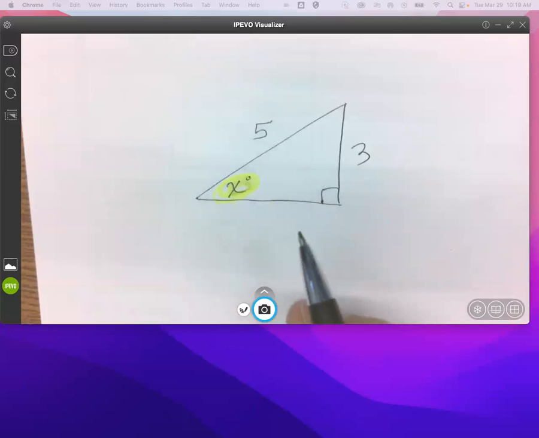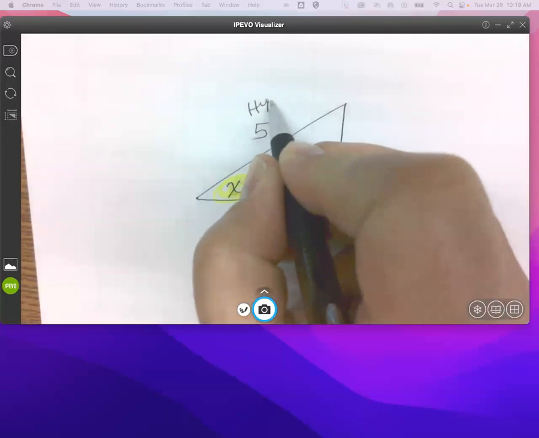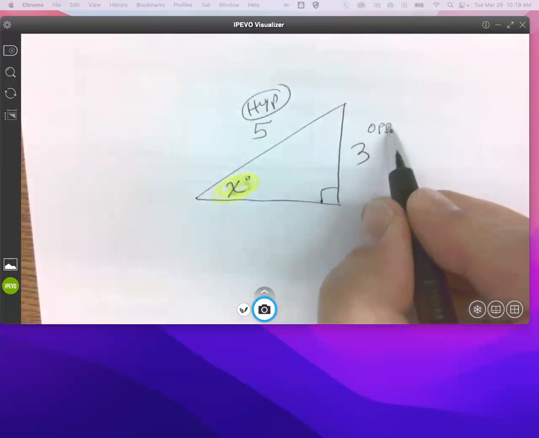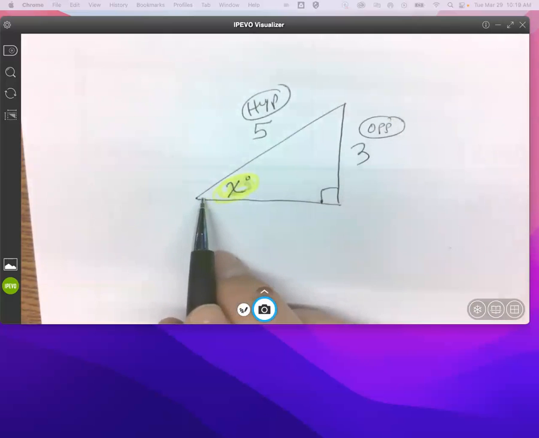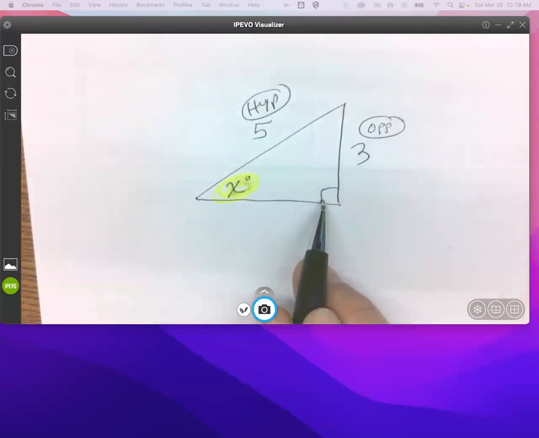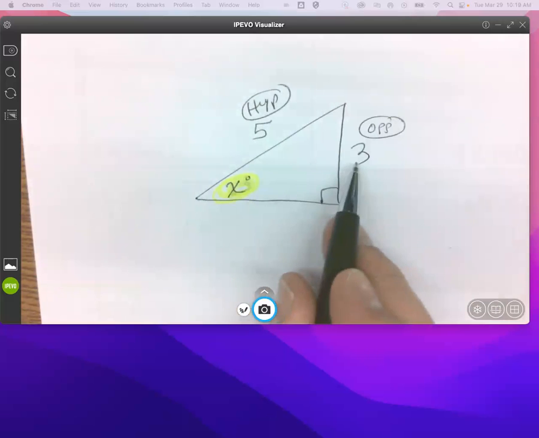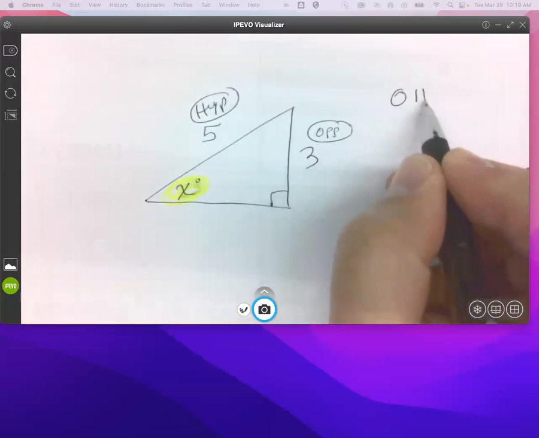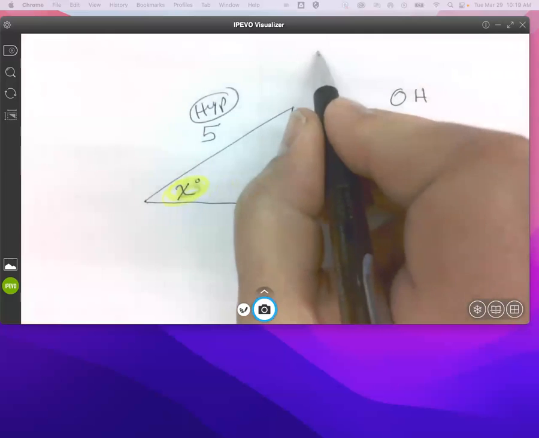What do we call the 5? Hypotenuse. What do we call the 3? Opposite. It's not adjacent because it's not touching the angle we're talking about, right? It's on the opposite side of the triangle. Therefore, since we're dealing with O and H, we call into play